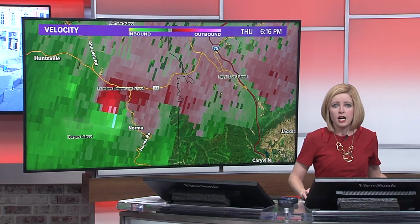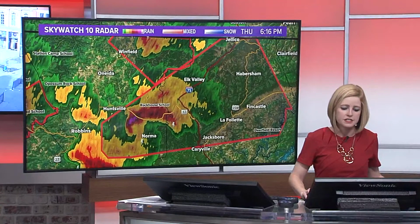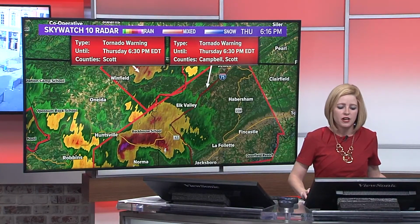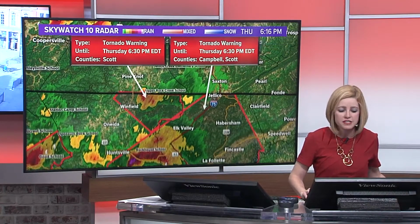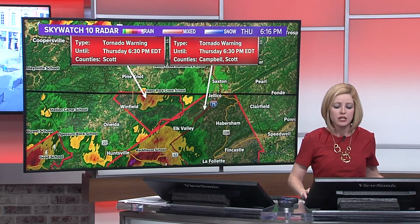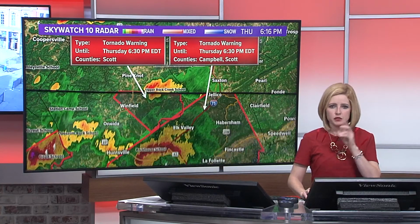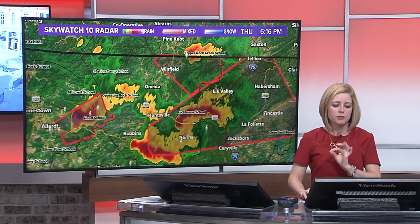Please go do that. We are continuing to track that storm. It has a tornado warning on it. It is indicating that it is possibly a tornado on the ground right now. We still have that secondary storm that is to the north. It appears to be weakening. So it's going to be moving into southeast McCreary County and into southern Whitley County very shortly. The warning has not been extended into Kentucky. So it does appear that that storm is weakening and that warning will be allowed to expire. So storm number 1 doesn't look to be a problem anymore for our northern areas,